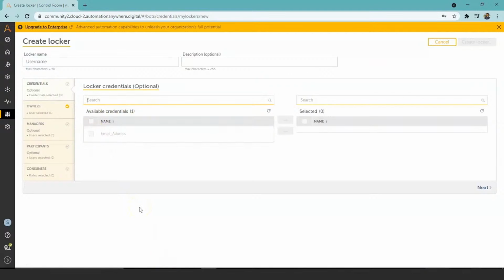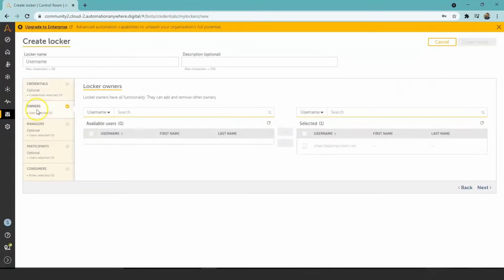Since I have already entered the credential in the locker, that is why this is disabled for me. When you are entering the credential in the locker room for the first time, you can come inside the locker and select this option, check this option and click on this. So this will get